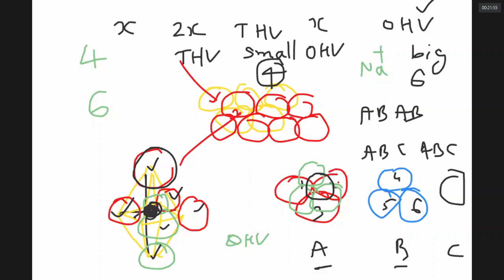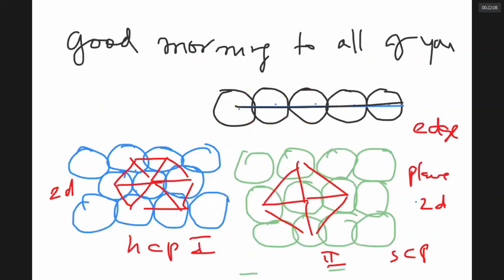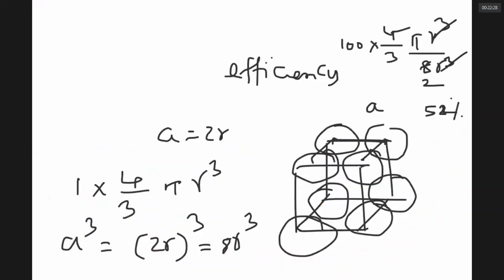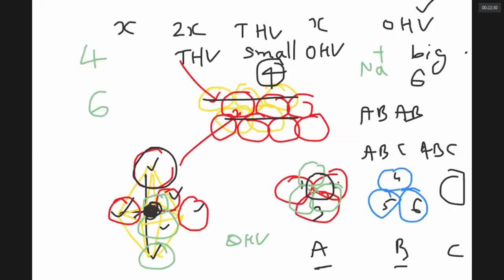So in a solid state, the particles are arranged as if one is touching the other. This type of arrangement is called close packed arrangement. In close packed arrangement, if I consider just one row of particles, it is called an edge. If I consider several rows, that can be square close packing or hexagonal close packing in 2 dimensions. That 2-dimensional arrangement of particles makes a plane. When the particles are arranged one over the other in 3 dimensions, I get 3D packing.